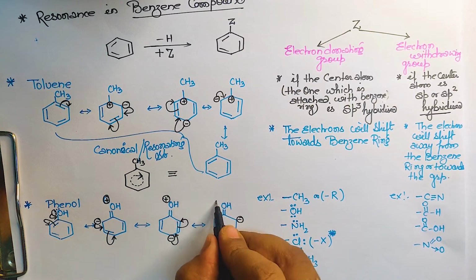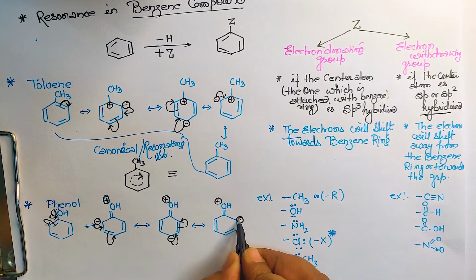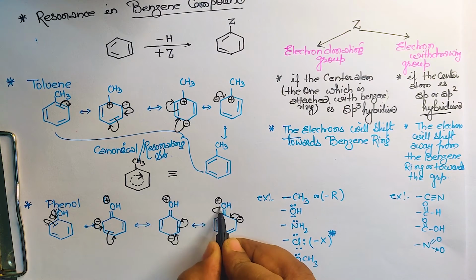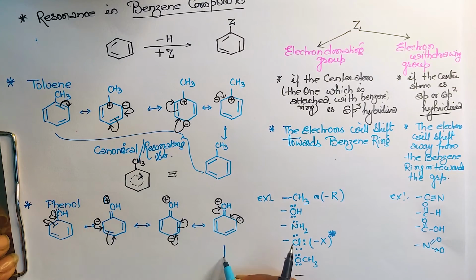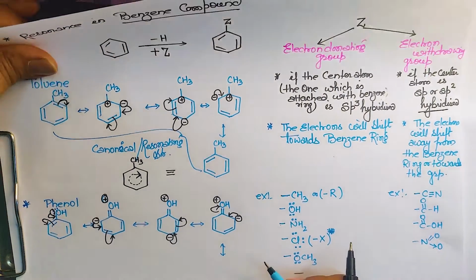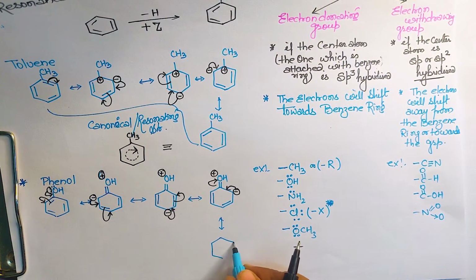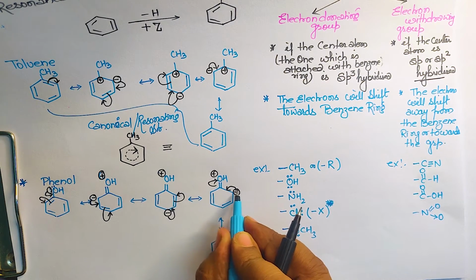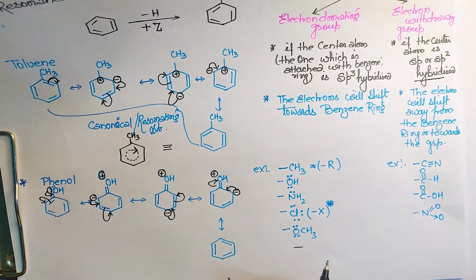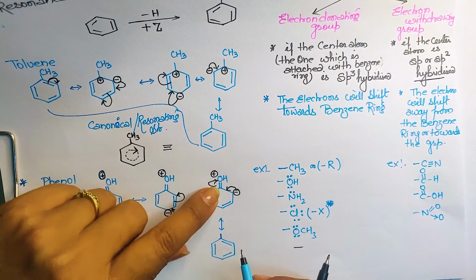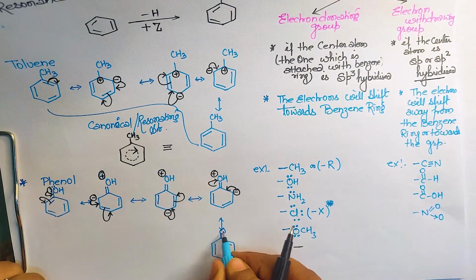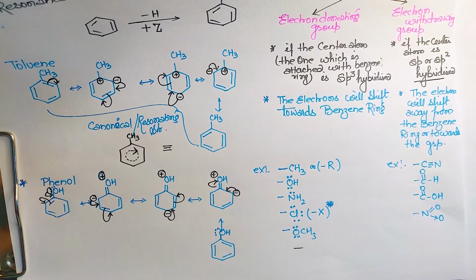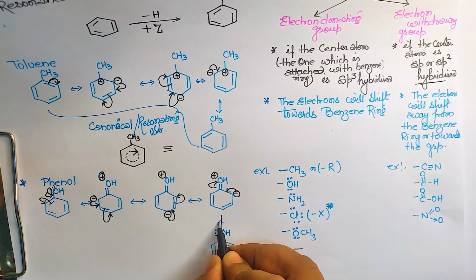Yes, no issue. What next? This negative will move here, due to which this carbon will again have the 5 bonds, so immediately this bond will shift over here to make the lone pair over here, and the result will be like this, same as it is. Note down kar lo. This negative charge has shifted over here, so we'll make the double bond over here, and then this bond has broken on this, so it will result in OH with its 2 lone pairs. Yes, any problem in this?